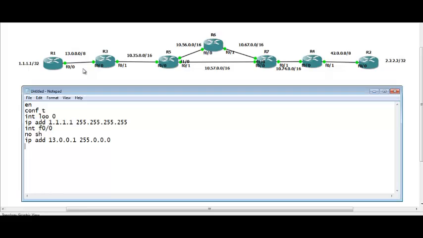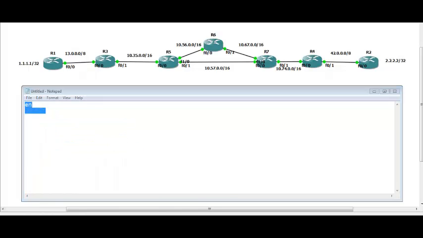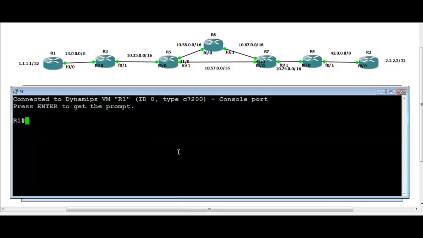So I'll say IP route any network, any subnet mask, send it to router 3, which is 13.0.0.3. There is no other configuration needed on the customer. So copy all this and paste it over router